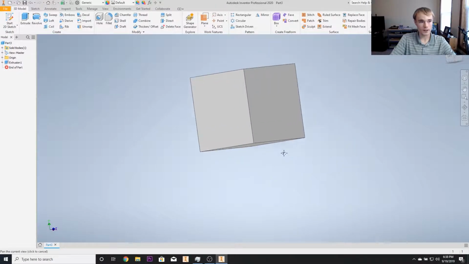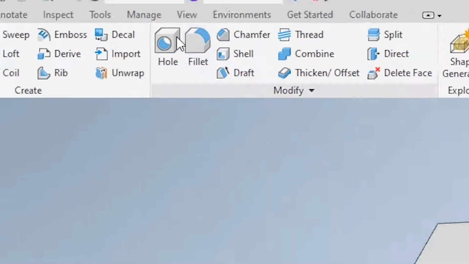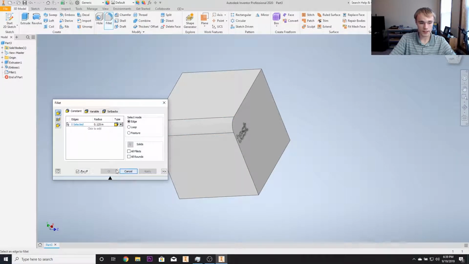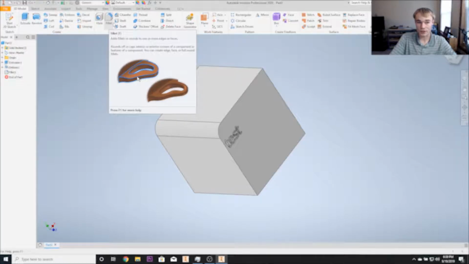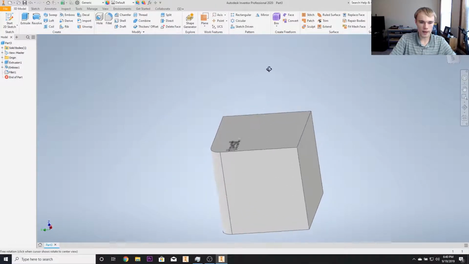Real cool. Now, there's also some important tools you need to be aware of in here. So say I want to go through and make a nice little rounded edge. Fillet, perfect tool for that. Click, bam, fillet, done. Nice and smooth. You can also create threads, chamfers, which is just a fillet, which I know I'm pronouncing that wrong, but get over it. Make a chamfer, whatever. So those are the basics that you need to be aware of when actually creating an